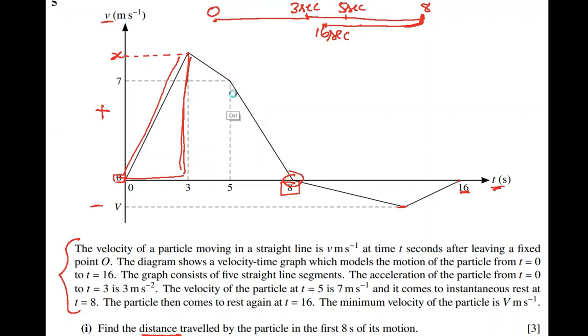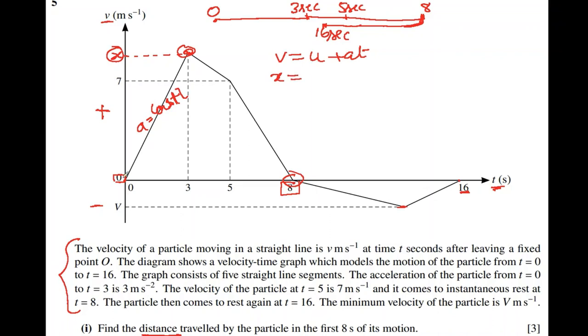The only problem in this case is that we don't know what x is, the value of this velocity. But we have a very good hint that the acceleration here is constant, because the gradient of this line is the same throughout. So we can use kinematic equations, and the one we will use here is v equals u plus at. Please keep in mind these equations can be used only for straight line VT graphs, because acceleration is constant. So v is this x,